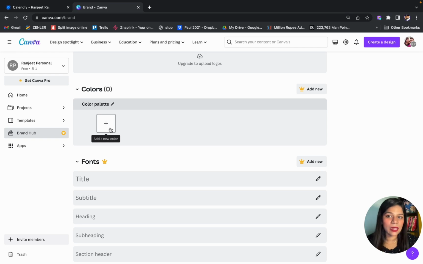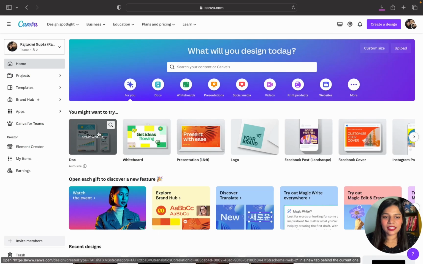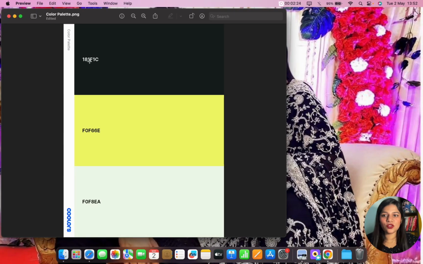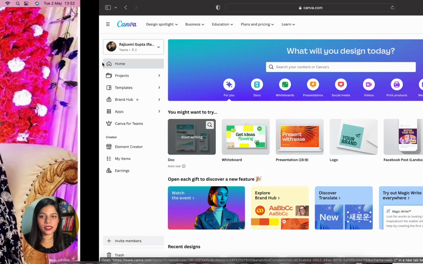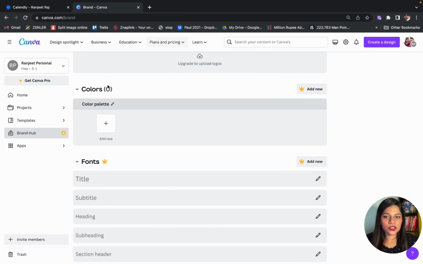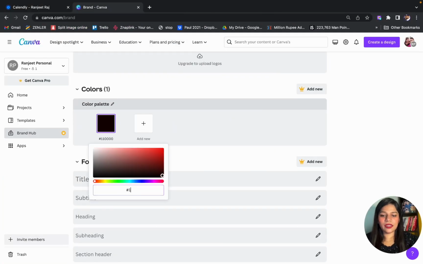Okay, so that's really helpful. Anyways, you need just 3 colors. So let's just go ahead and use it. So first I will take the hex code. The first hex code is 181F1C. Okay, so I'll just go here and click on this color and I'll write